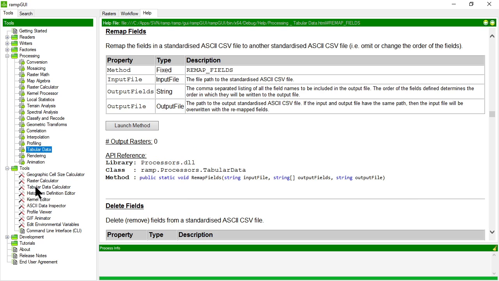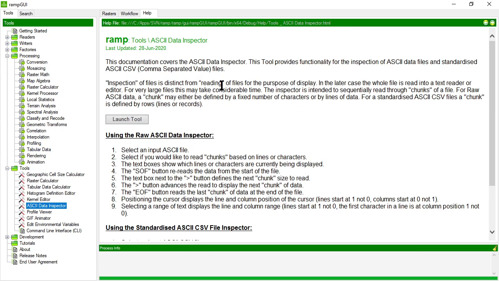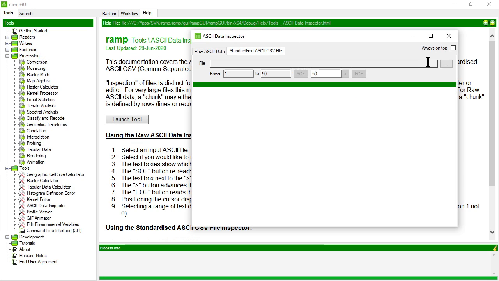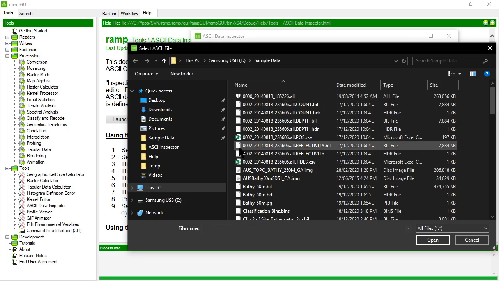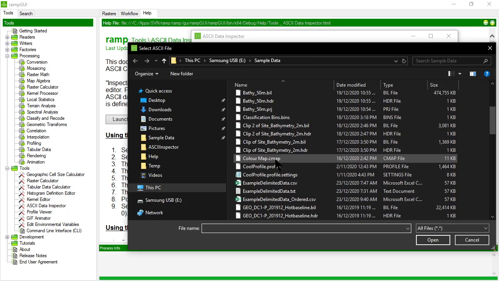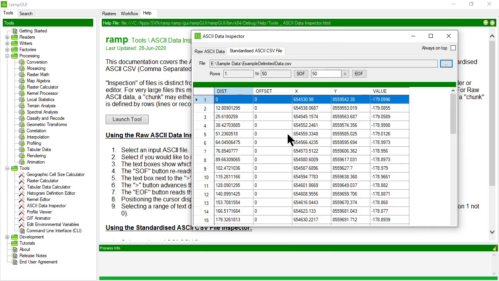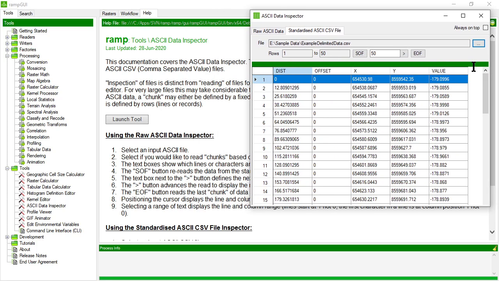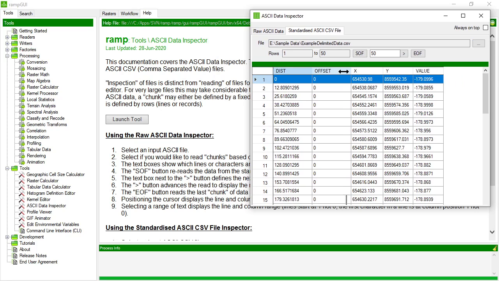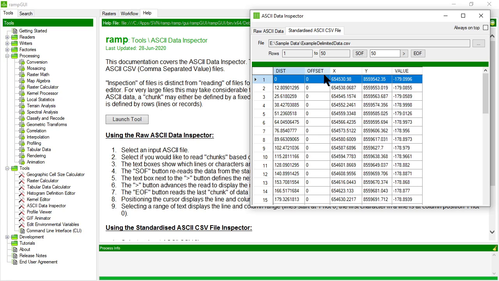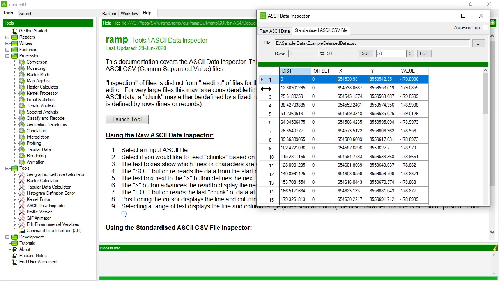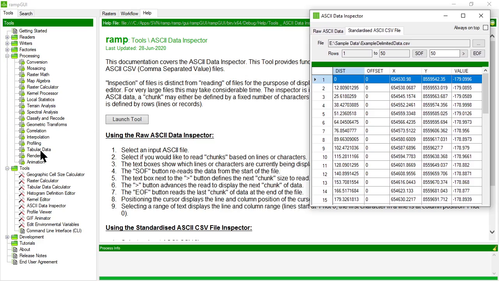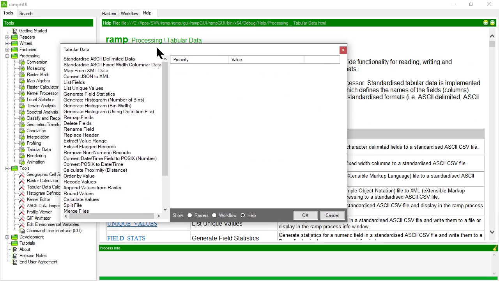To do this, I'm going to use an example data set to talk through. So let me open an example data set here. Okay, and you'll see that this tabular data set has a number of different fields: dist or distance, offset, x, y, and value. If I open the tabular data processor,